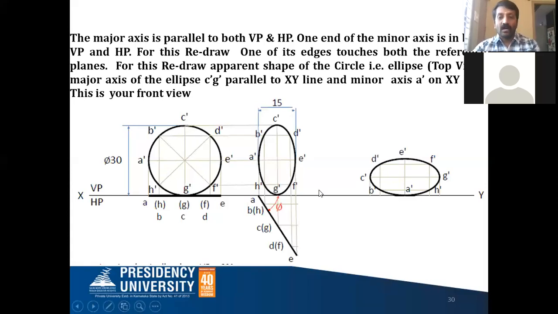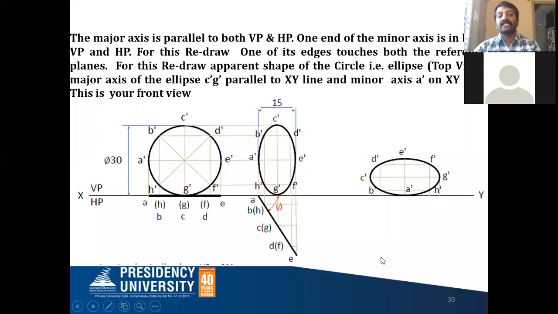So how to redraw this? It is resting on A dash point. That's why on the right side of the XY line, you take any one point, call that as the A dash. After getting this A dash point, just look at the cursor, you draw a perpendicular line from this A dash point to the XY line like this. On this perpendicular line, A dash and E dash distance you take with the help of your compass. From this as the center, you cut it. So you get the E dash point. Join this with a light line.